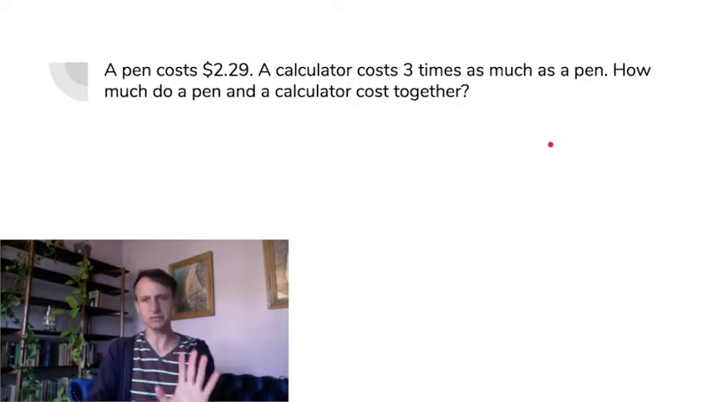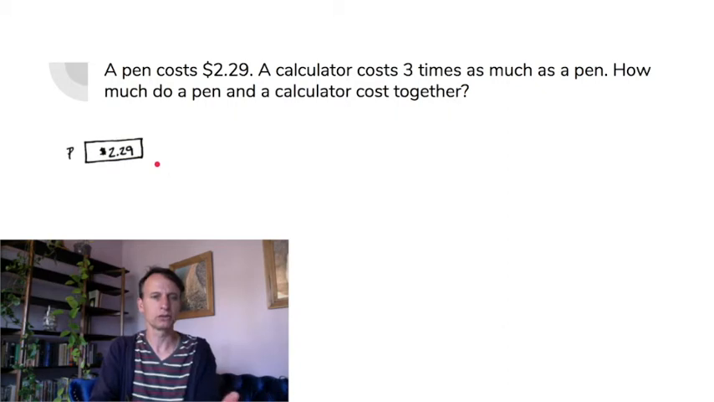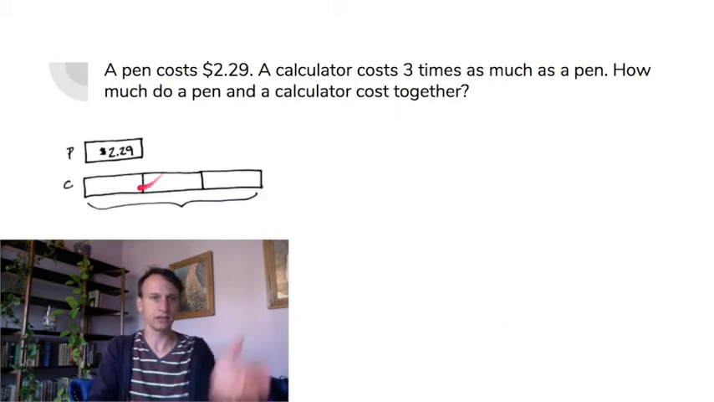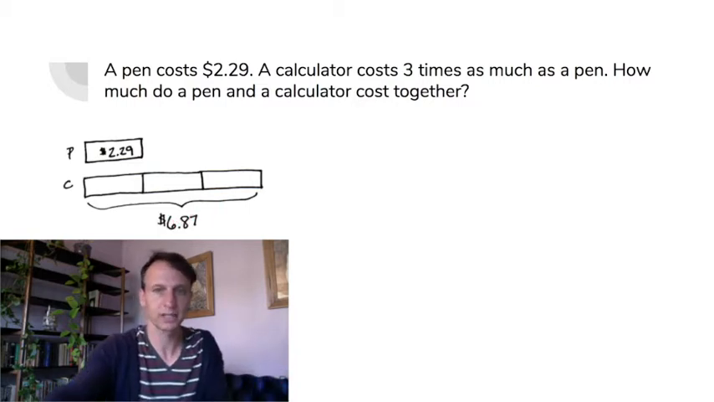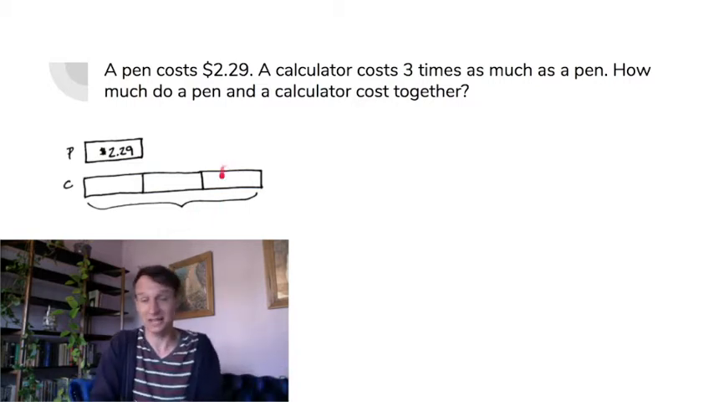Okay, so that seems pretty straightforward. We can get the calculator is 3 times as much. So here's our pen, $2.29. Calculator is 3 of those, right? That's the total for the calculator. Do we know how much the calculator costs? Well, not yet, right? We have to do that math, but that's what we want to find out. Oops, somebody gave you the answer. All right, so when you do that,